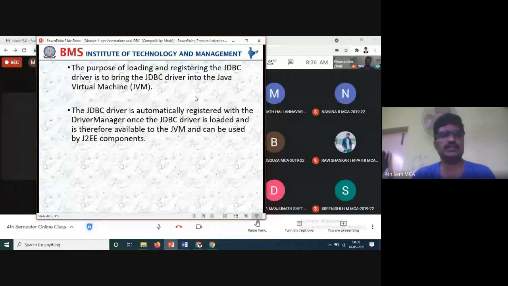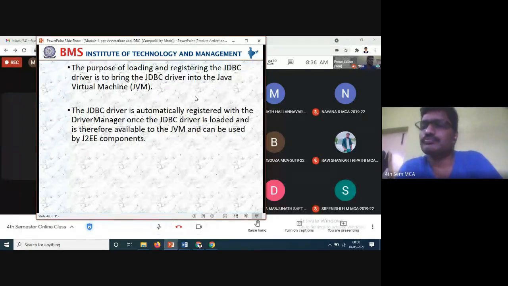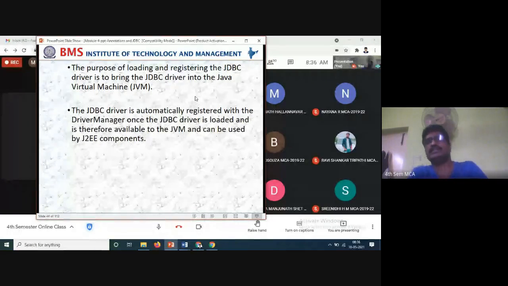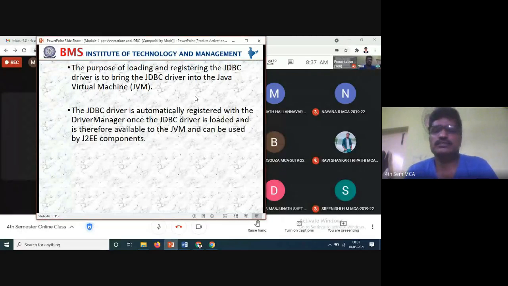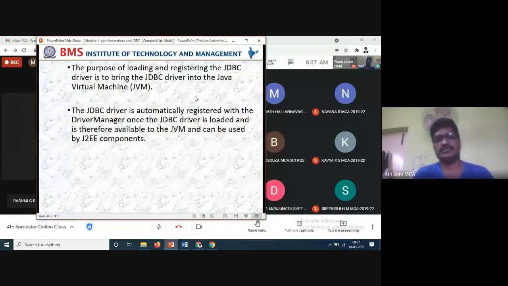Next, the last point: the JDBC driver is automatically registered with the driver manager once the JDBC driver is loaded. Once it is installed, the corresponding driver is automatically registered wherever it is required, so there is no need to do any settings on the user side. The JDBC driver is therefore available to the Java virtual machine and can be used by J2EE components.